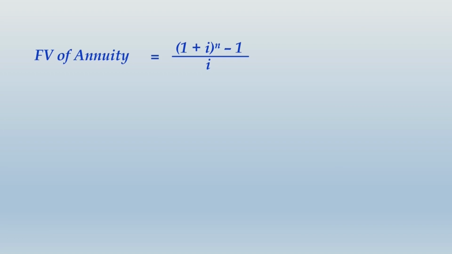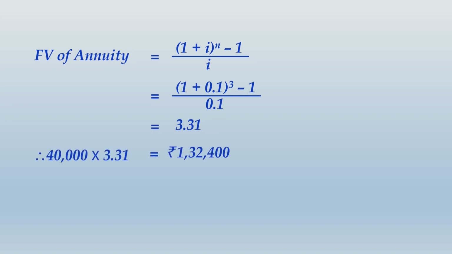Let me take you ahead and now show an alternate way of calculation by using the formula for future value of annuity. I have already explained to you the application of this formula. So as per this formula, you will first compute an annuity factor which will be 1.1 raised to 3 minus 1 divided by the discounting rate, that is 0.1. When you do this, you get the future value of annuity as 3.31. This represents annuity of rupee 1. That will be multiplied to the annual cash inflow of 40,000 to arrive at the future value of annuity, which is obviously going to be rupees 1,32,400.